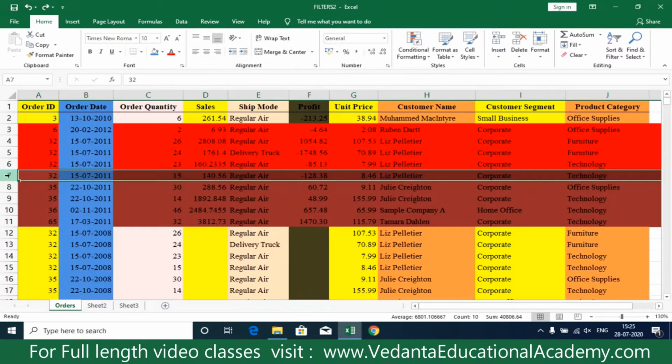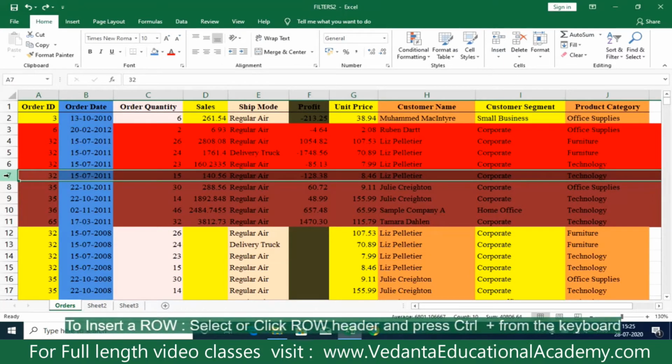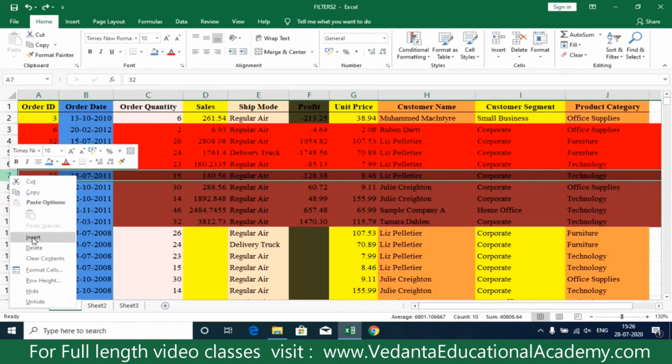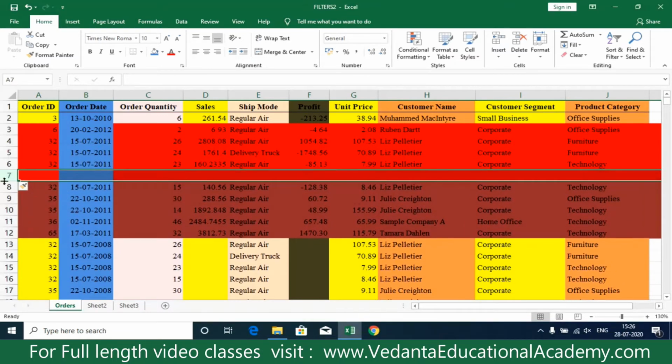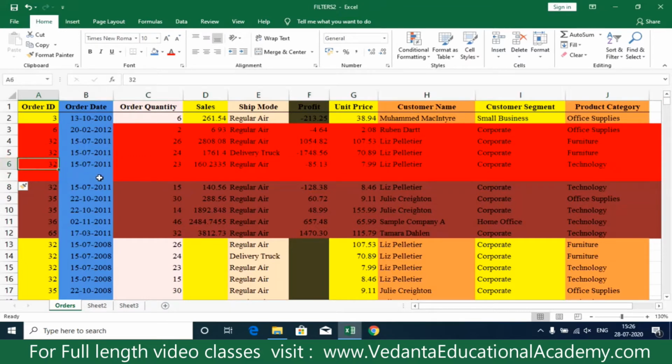if you right click on the 7th row and insert a row, the 7th row data will be moved to 8th, and the 6th row color and format will be carried to the 7th row, without values, with format. So right click on the 7th row and click on insert. The 7th row data has been moved to 8, and the 6th row color format has been carried down to 7. Is it clear? Done.